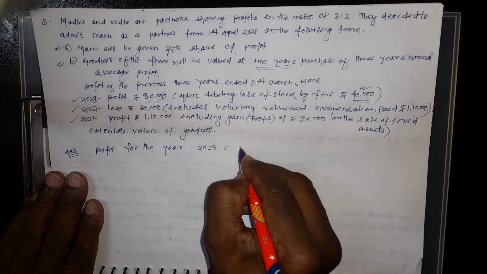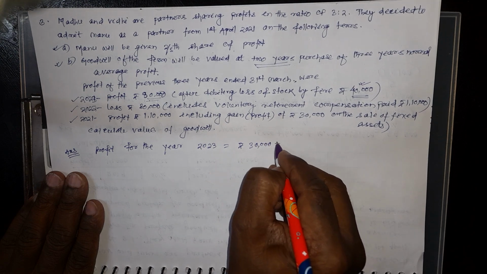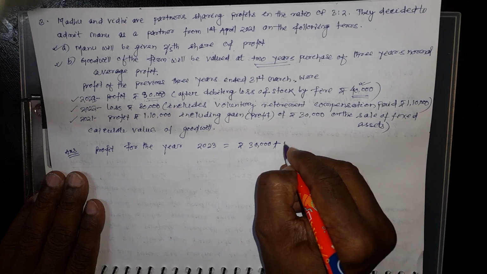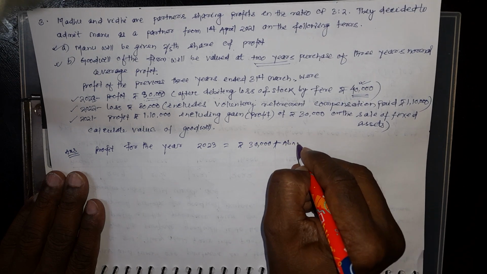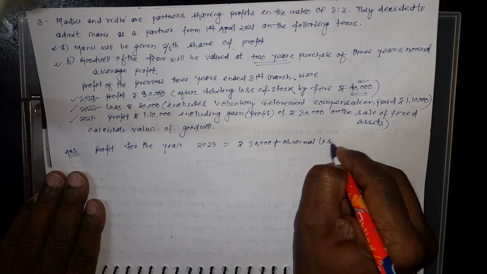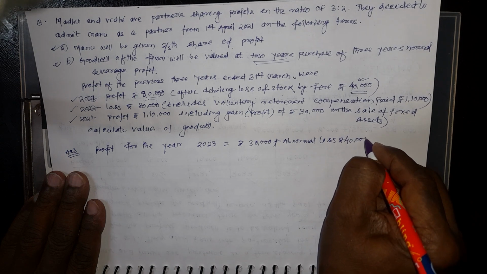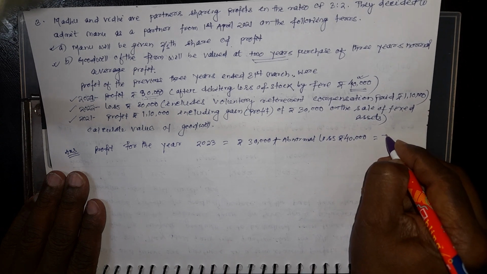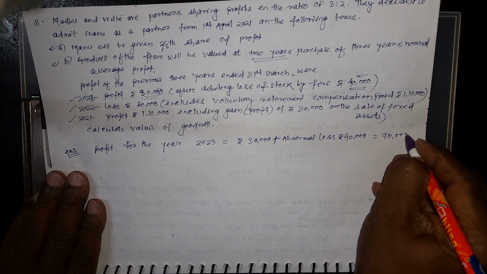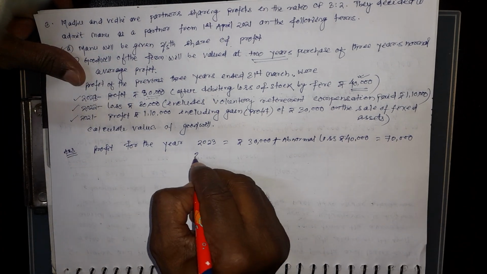This is the profit, 30,000, plus this abnormal loss, rupees 40,000. So we have to add the abnormal loss. That means the profit of 2023 is 70,000. Clear? Similarly, for 2022,